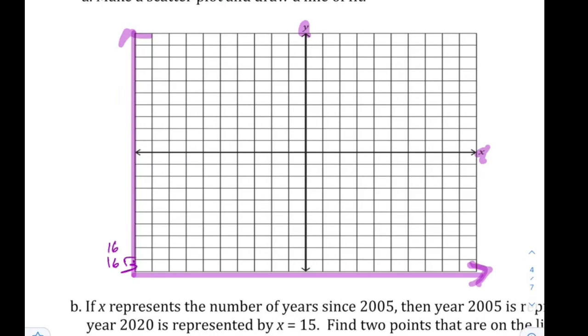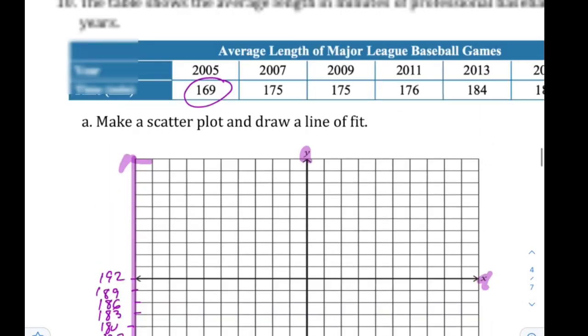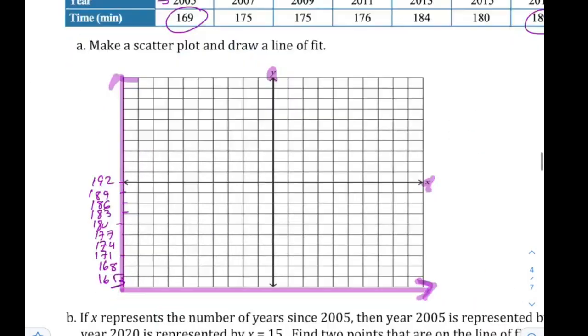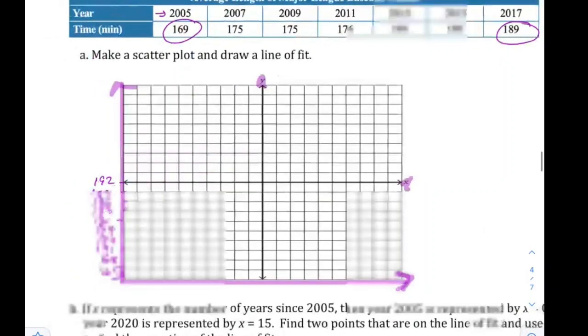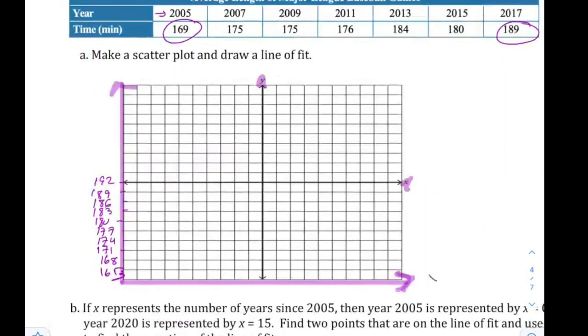I will choose a scale of 3. So I will add 3 every time: 177, 180, 183, 186, 189, and 192. I think it's enough. For the x-axis, it starts with 2005. Usually the time, the year, we will use on the x-axis. So here it is the year, while here is the time in minutes. Usually the first one is x and the second one is y, right? We are starting with